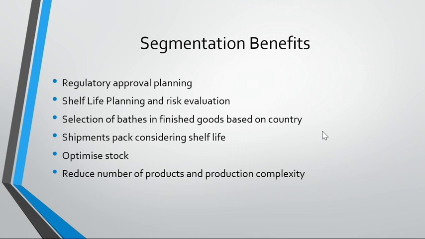So shipment considering shelf life. This is a very important feature, which is related to the customer. If the customer needs some specific expiry of the product, that can be handled before the shipment. You can deliver the product whatever is required from the customer side. So optimizing stock, for sure. If you are producing the product with respect to segmentation, you are going to optimize your stock, because you are producing the exact stock